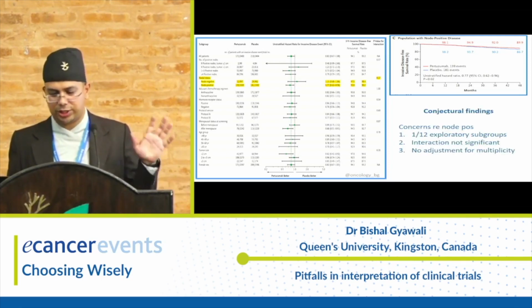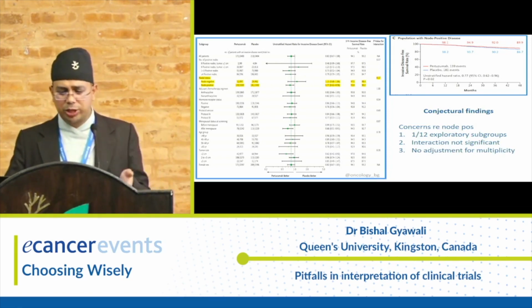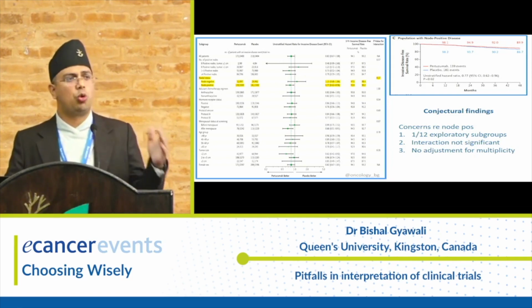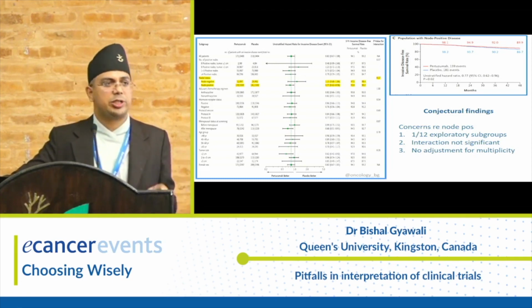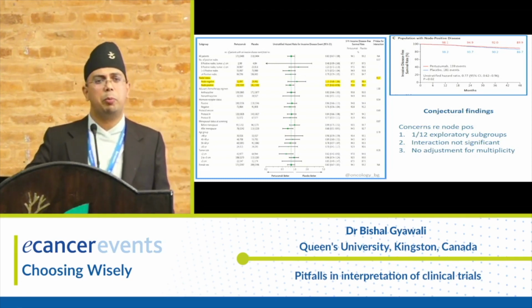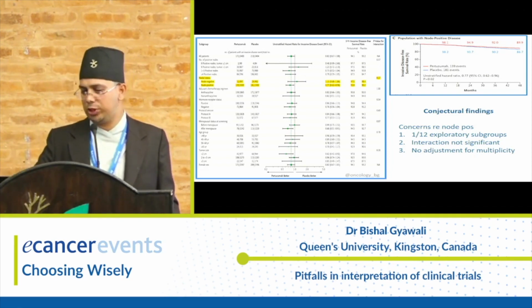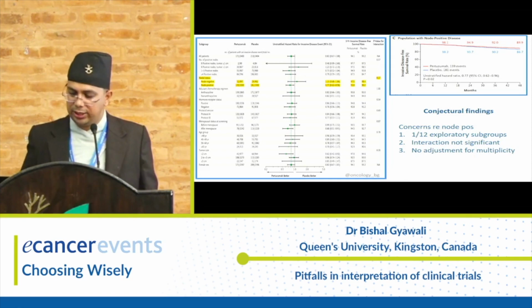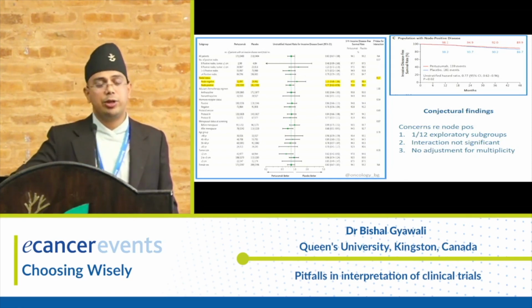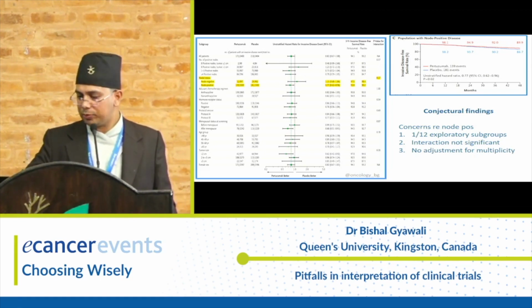No, this is just a conjectural finding. This is just a guess. This is just a hypothesis. Because there were 12 exploratory subgroups, and this is just one of them. There is a saying that if you beat your data enough, it will confess to anything. So if you run multiple analyses, one of them will turn out to be positive. This could have been such a spurious finding. The interaction p-value, actually they do give it, is 0.17. The interaction p-value is not significant. When you are running such multiple analyses, it should be adjusted for multiplicity, but that was not done.